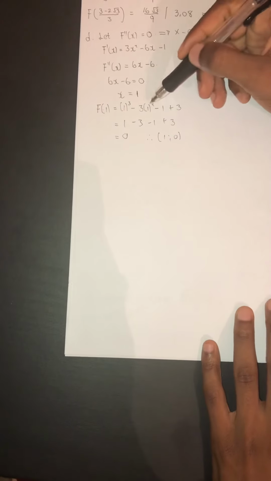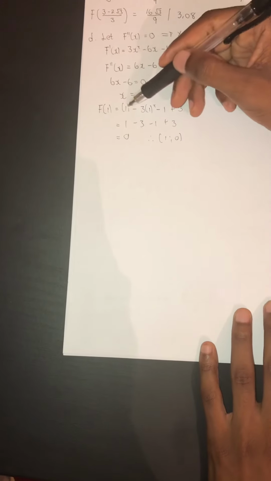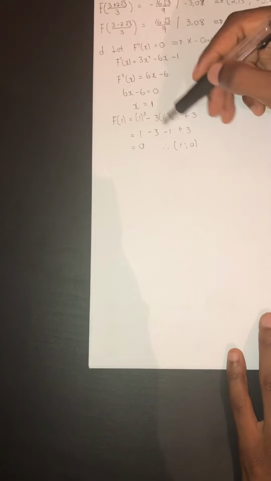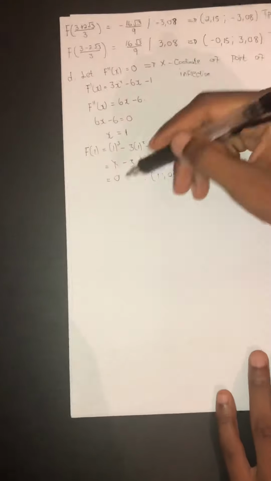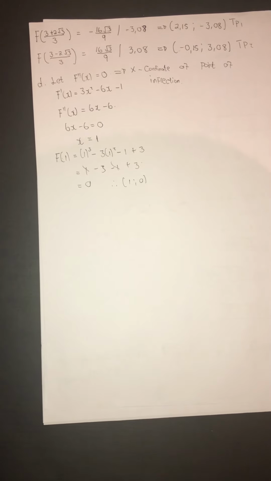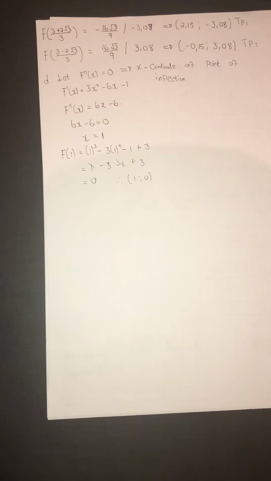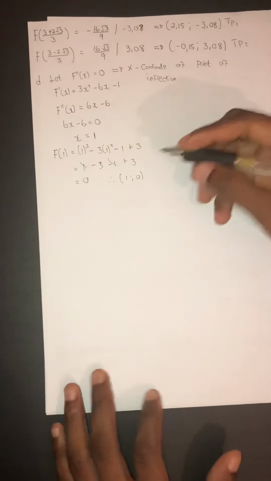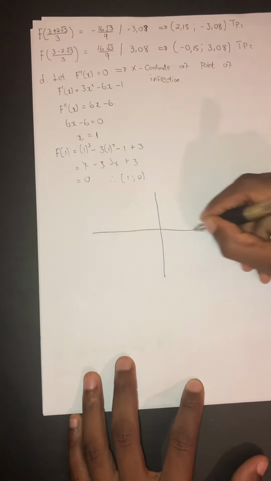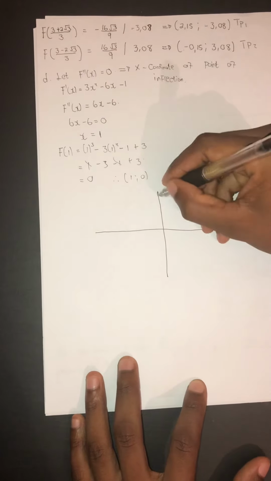Let me just check if I did the right thing. It's 1 minus 3 minus 1 plus 3, and then let's cancel with that, let's cancel with that. Then we have 0. It's (1, 0). And the last question says sketch the graph of f of x on the answer sheet provided, showing all the turning points. I'm not going to draw it to scale. So if I have my Cartesian plane